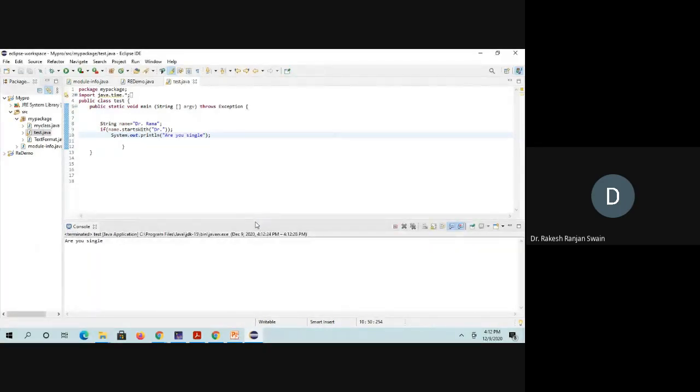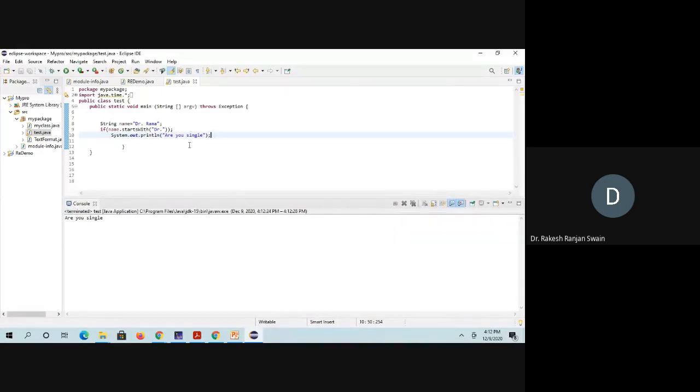Let's see in my output. Whenever I run the program, it will print "Are you single?" So what happened here? startsWith checks whether the particular string starts with Dr, then it returns a Boolean value true. If this statement is true, then the statement under the if will print. Here it starts with Dr, so the statement "Are you single?" will print.